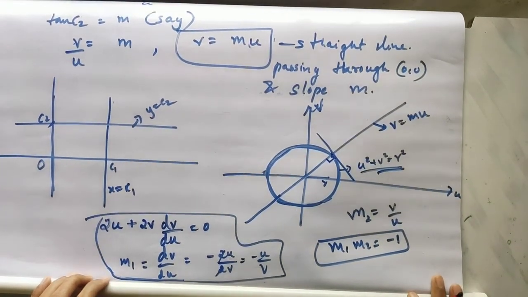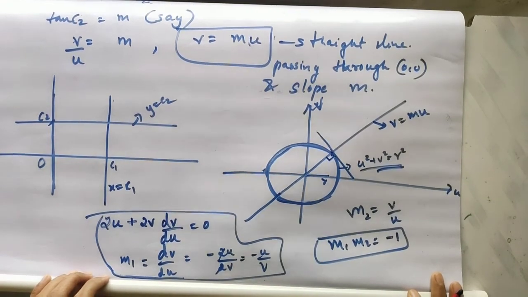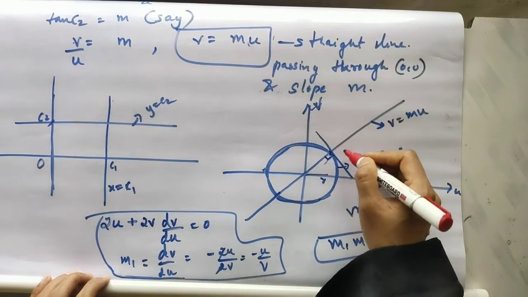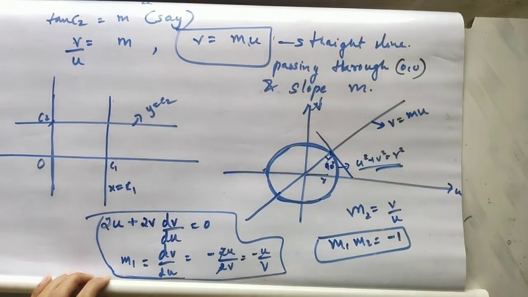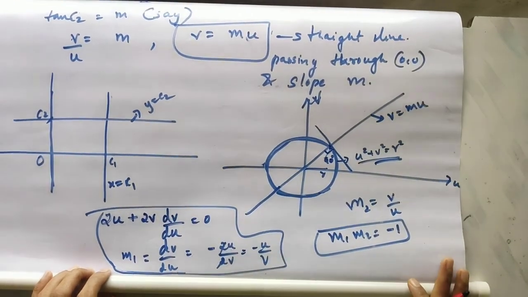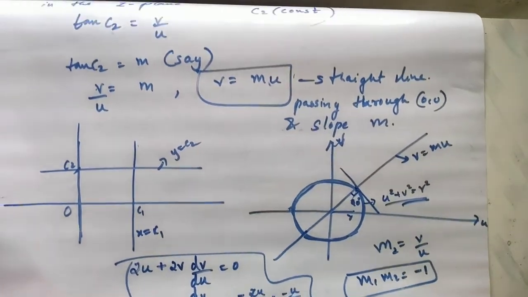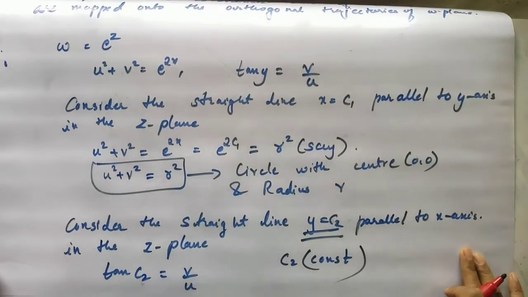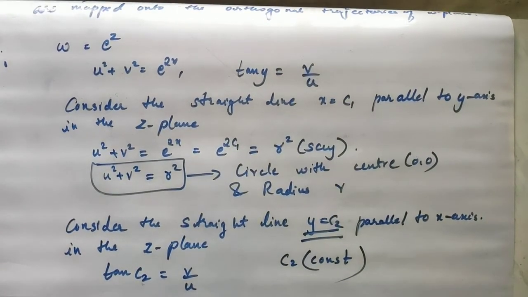We can say that the two are representing the orthogonal trajectories. This way also you can prove it, or you can just draw a line and see that they are intersecting at 90 degrees, or it's better if you prove it like this. Okay, hence we have just solved this problem. It's very easy to do that. Okay, let's continue with one more problem on the same curve or the same transformation.